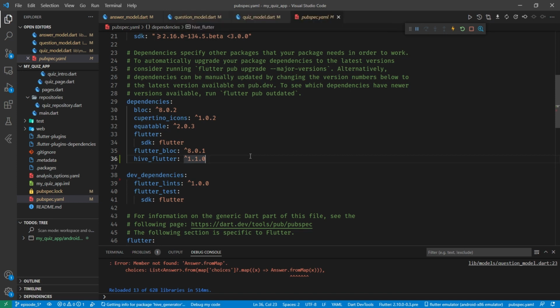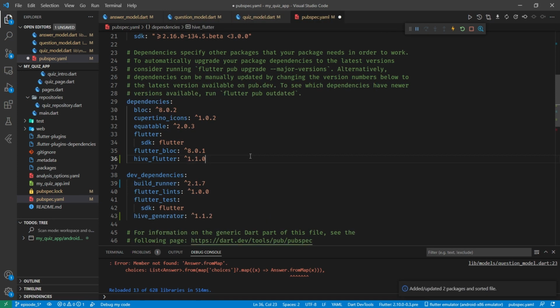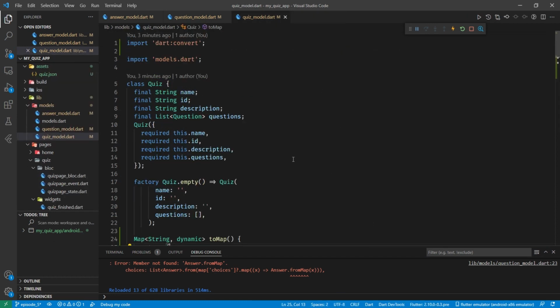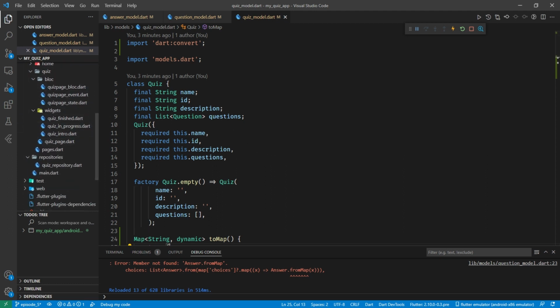Hit enter on those, and those two dependencies will be brought in just like so. Save that file, and we should get our packages coming down, and we're good to go. Okay, so Hive, how does it work? Well, let's come back to our main.dart page,